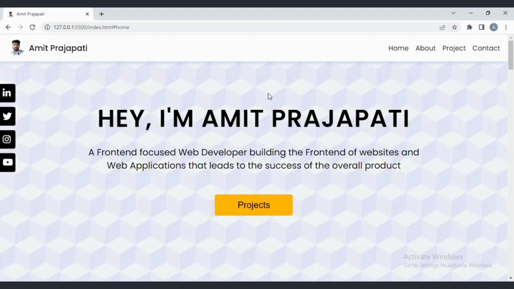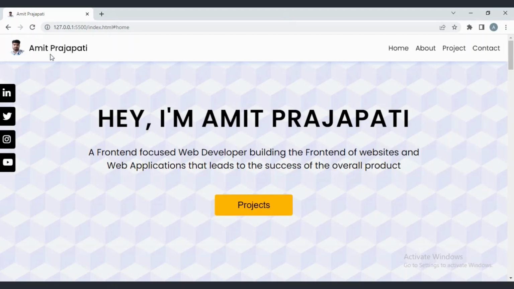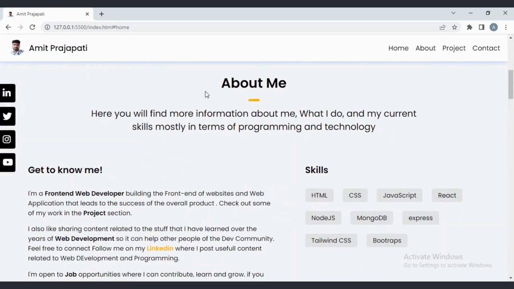the portfolio using HTML, CSS, and JavaScript. And here you can see in the top section I added this image and name, and after that this navigation also. And here I added the social media icons and this project button. When you click, you see a little bit of hovering effect, and after that this about me section, and here information and a little